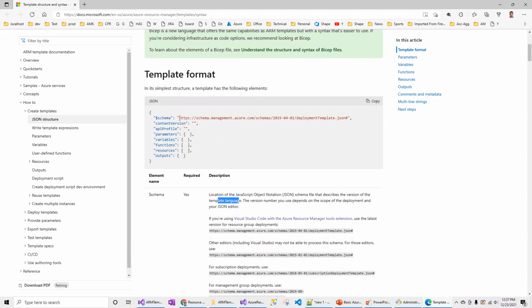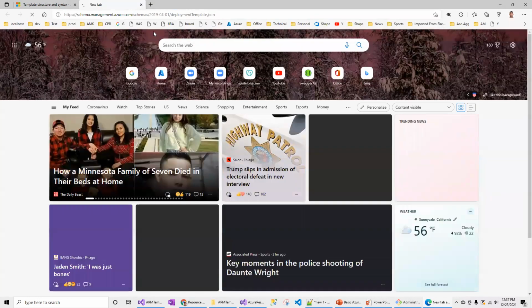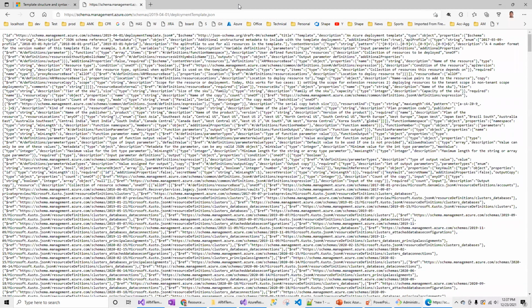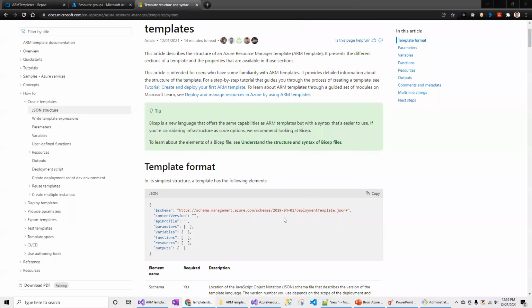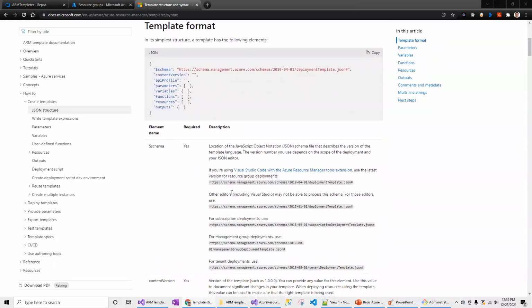If you really want to see what the JSON file looks like, you can browse the JSON syntax. That's one way. You can also look at the documentation, where there are some instructions about the schema.